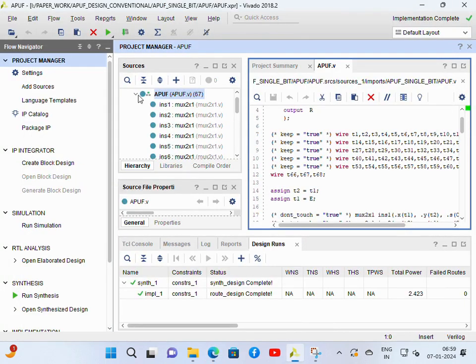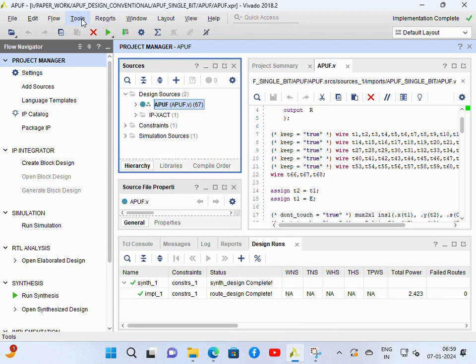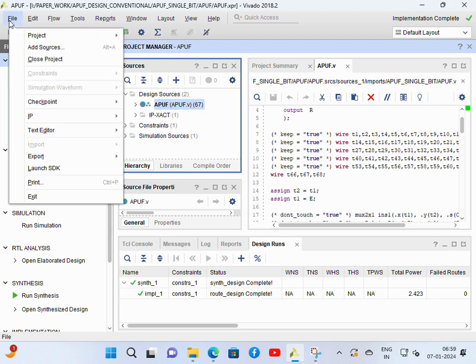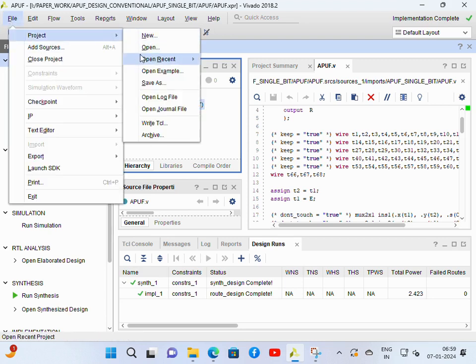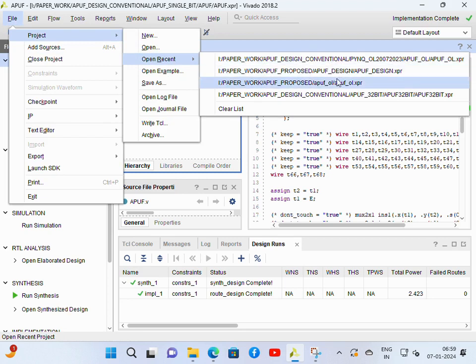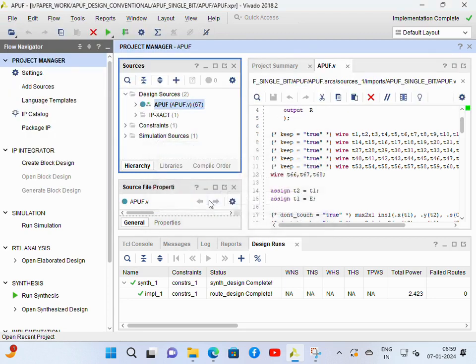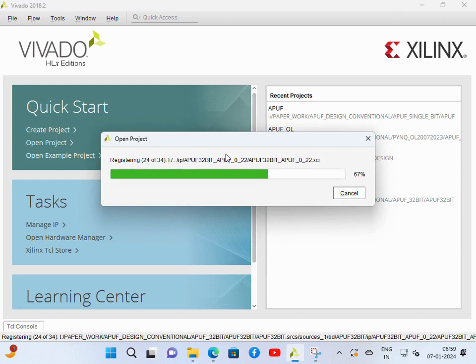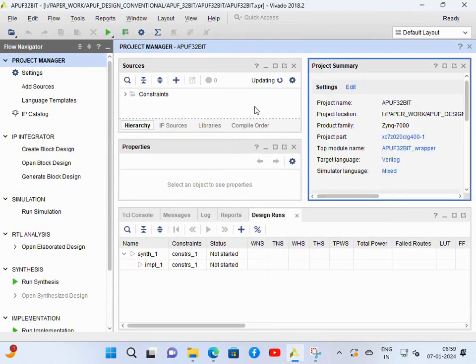Creating an IP is simple, because we have specific tools inside Vivado which will create an IP for this. So that IP is somewhere here, and it is already created with a version. The next step is creating this array, and that array is created here. Once we create it, we create a 32-bit wide array. So after creating a 1-bit APUF IP,